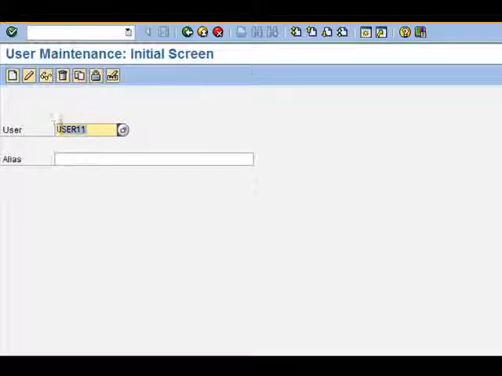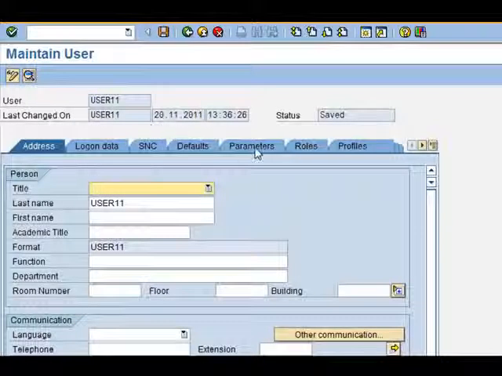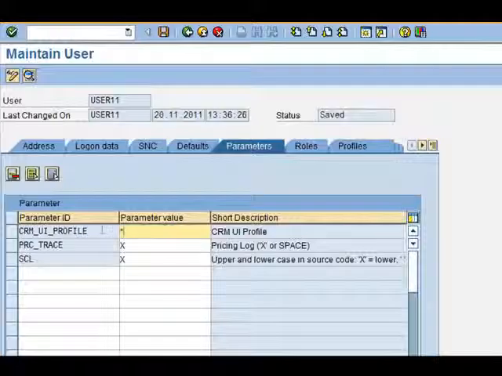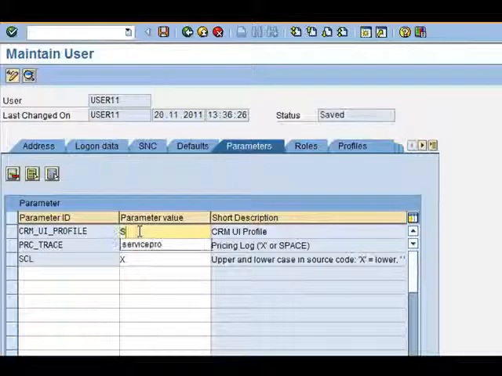So I go to the user maintenance using transaction SU01, and then I go to parameters, and in the parameters you see there is an ID CRM_UI_PROFILE, and the value is a star. This value means whatever roles have been defined in the system will be presented to the user when they log in. As an example, if I were to change this to say